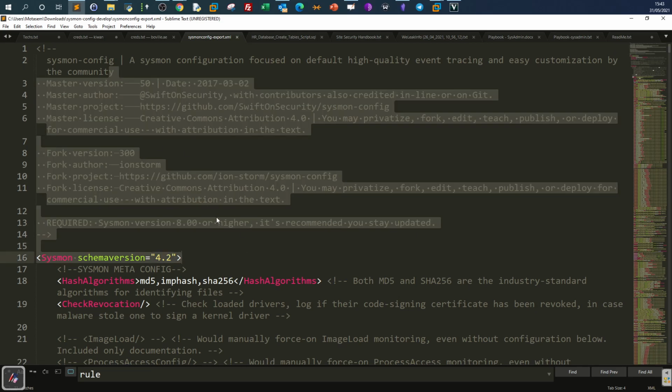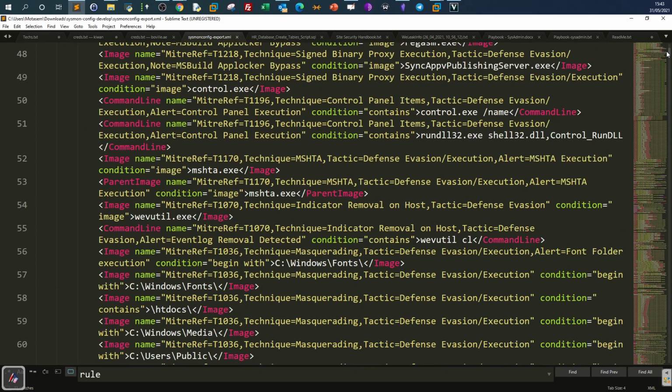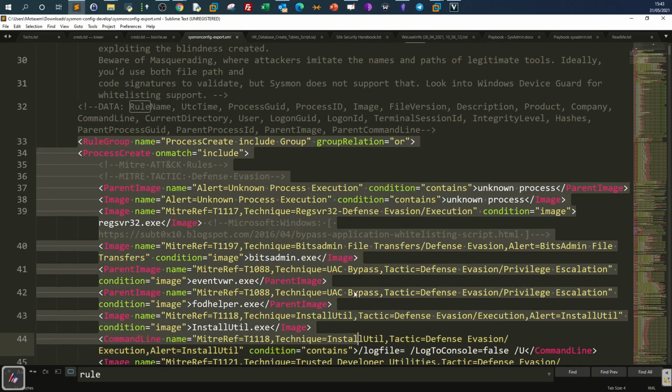You can find many example Sysmon configuration files, and you can create your own, of course, and add on existing ones. Of course, you have to understand these rules, all right, how they work in order to create your own rules based on your threat intelligence or based on your threat hunting